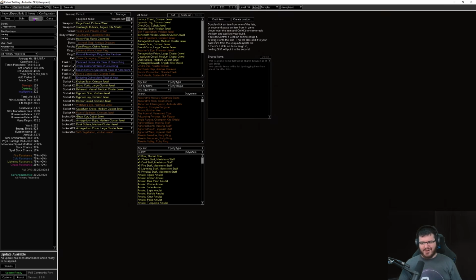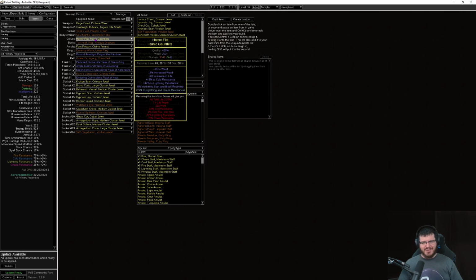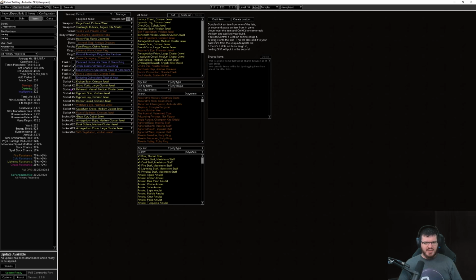Just all my gear got better and all my tree got better. We're still running the same boots with an enchant. There is absolutely no use in having a Ward pair of gloves. If I was to min-max this further,